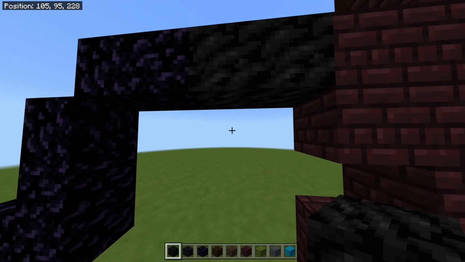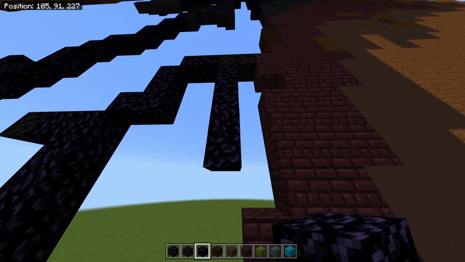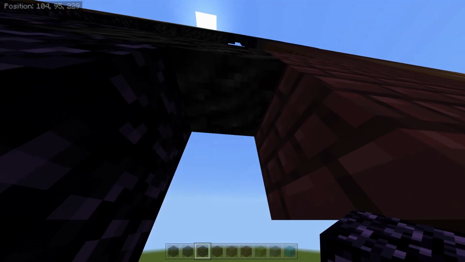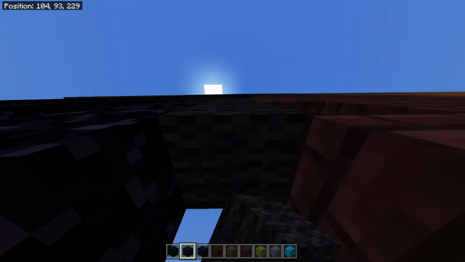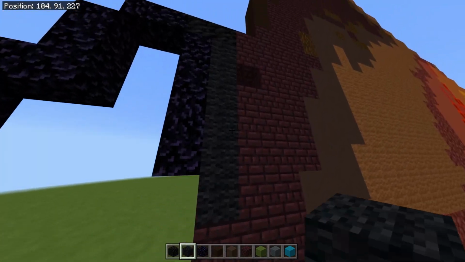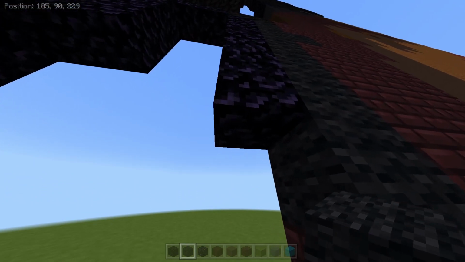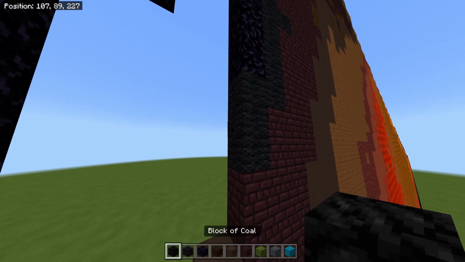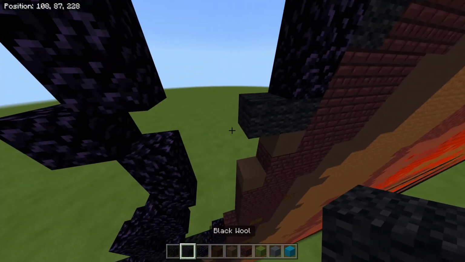Underneath the first block of coal, you're going to place 5 blocks going down with your obsidian. Underneath the second block of coal, you're going to place 6 blocks going down with your black wool, and then that 1 empty space here with your black wool. Go underneath these 5 and place 3 blocks going down with your black wool. From the middle block of those 3, place 3 obsidian going down with 2 black wool going across the left,